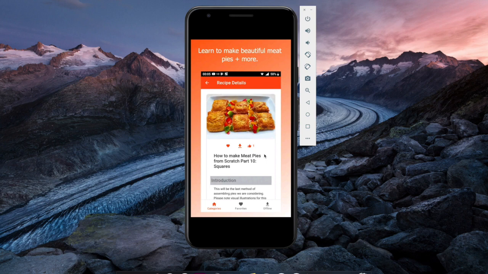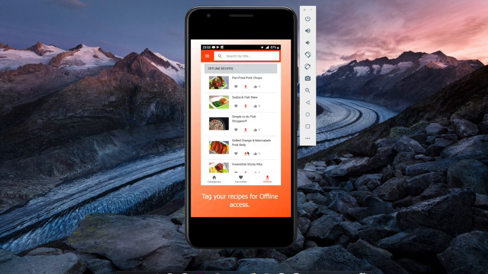I'm curious to know if people can actually share some of their personal recipes, or it's just the author that uploads different Zimbabwean dishes. I'm kind of curious if you guys have this app, or if you can download this app and try it out, check it out to see what it has installed.